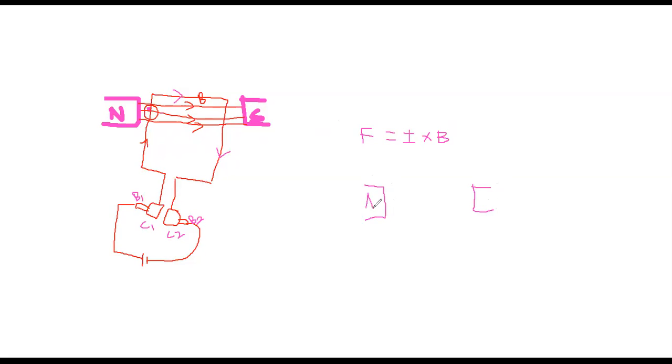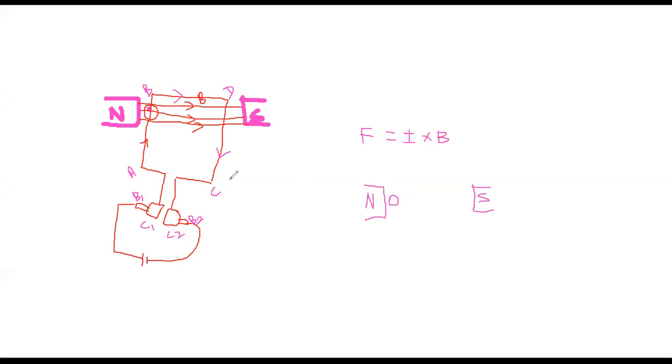And this one be the north pole and this one be the south pole, right? So I have a conductor here. And now I want to name the conductor here as A and this one be B. I am going to take this one as C and I'm going to take this one as D, right? And this is the coil side AB and this one is the coil side CD, right?